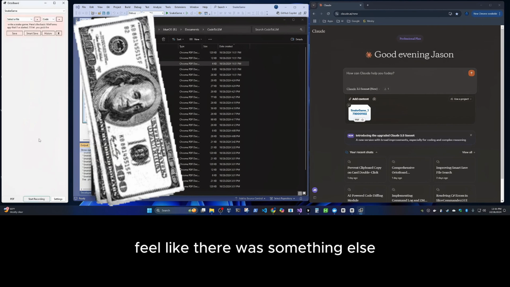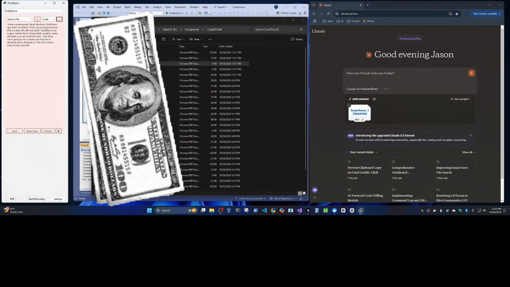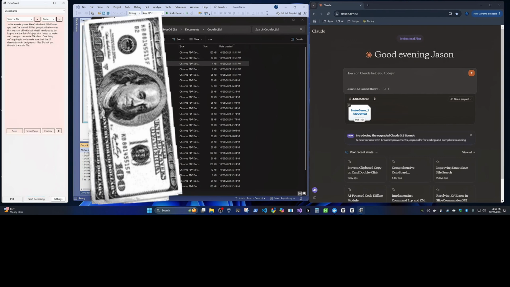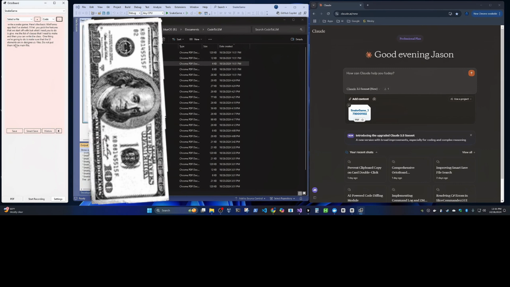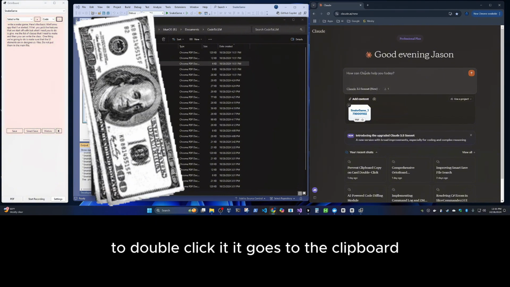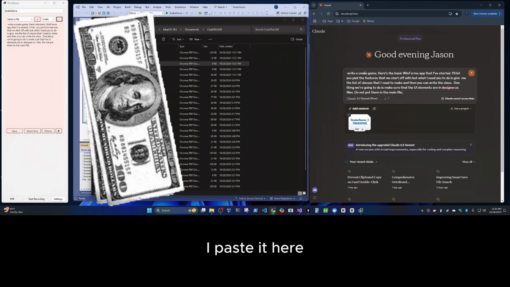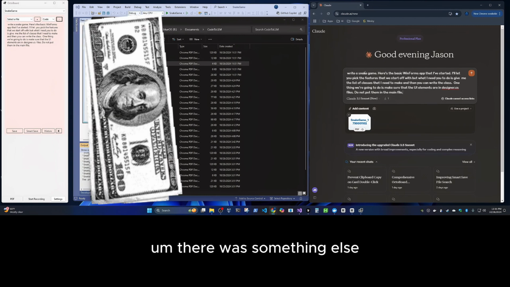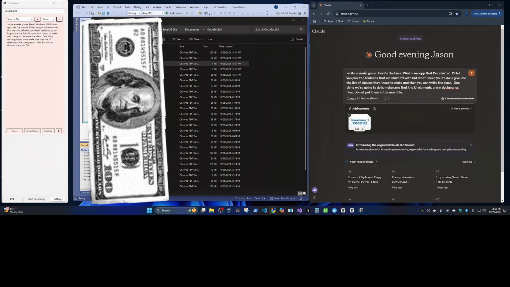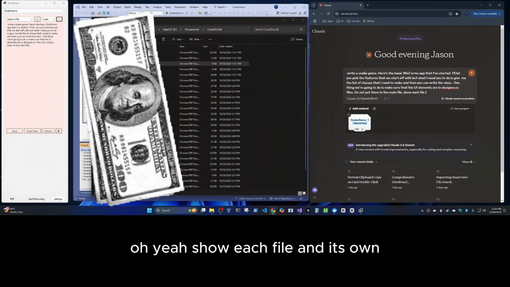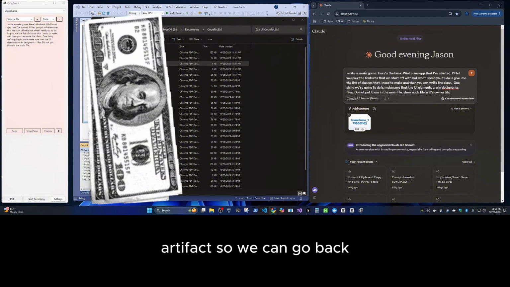I feel like there was something else. So double click it, it goes to the clipboard. I paste it here. There was something else. Oh yeah, show each file in its own artifact, so we can go back.